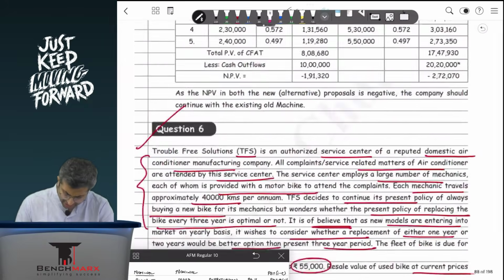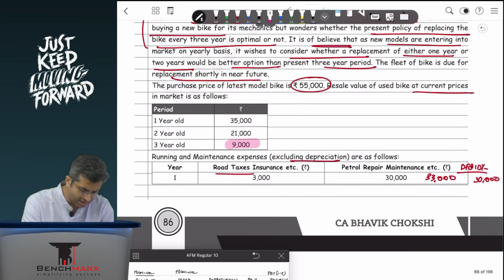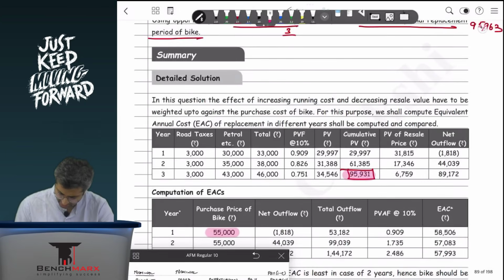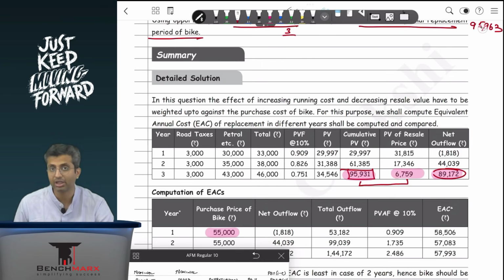And there is some resale value. The resale value is 9,000. So this is what? 9,000 into 0.7513. This is 6,761. So this is 67 something. And hence there is a net cash outflow. If I go to see, I'll run it for 3 years. I'll incur 95,000 of cost, get 6,700 of salvage value, and hence 89,000 effectively will be my